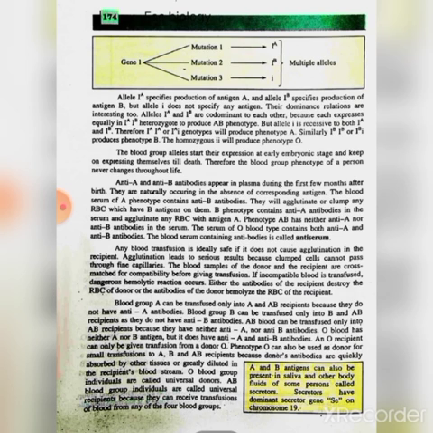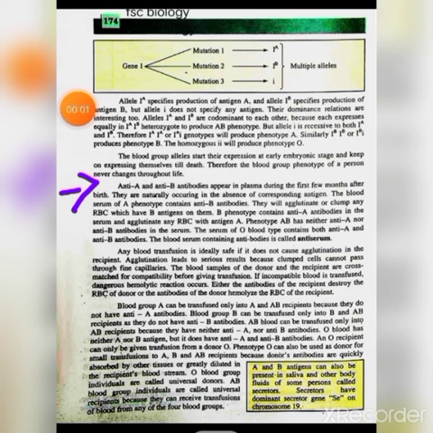लेकिन जो स्मॉल i है, this is recessive to both IA and IB. Therefore जो ये जीनोटाइप्स होती हैं, अगर IA के साथ i है, यानी होमोजाइगस कंडीशन में A मौजूद है और हेटेरोजाइगस कंडीशन में IA स्मॉल i के साथ मौजूद है, तो क्या होगा, फिनोटाइप A प्रोड्यूस होगी। इसी तरह अगर B होमोजाइगस कंडीशन में मौजूद है और हेटेरोजाइगस कंडीशन में स्मॉल i के साथ मौजूद है, तो उसकी फिनोटाइप B होगी। सेम इज़ द केस कि अगर हम होमोजाइगस कंडीशन में स्मॉल i इकट्ठे हो गए हैं, स्मॉल i की फॉर्म में, तो फिनोटाइप O प्रोड्यूस हो जाएगी।